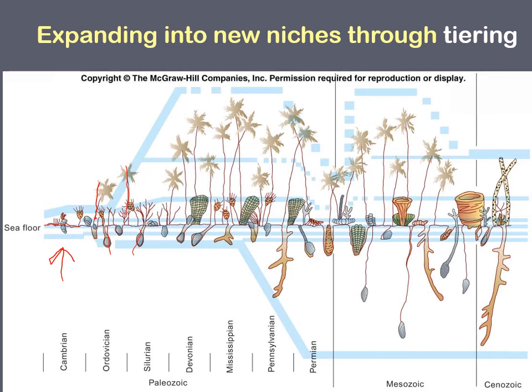And this is exactly what we see in other environments like rainforests. In a rainforest, you have organisms that live in the leaf litter and in the ground. You have things that live in the tree trunks themselves, things that live in the upper canopy, the lower canopy, and so on. Now imagine a coral reef or any kind of marine environment. You have organisms that live deep underwater in the sediment, things that live on the sediment, and things that grow up high above the sediment in the water column. The Ordovician is the onset of what we call epifaunal tiering. This is when we start to see organisms not just growing side by side to other species, but up and above.